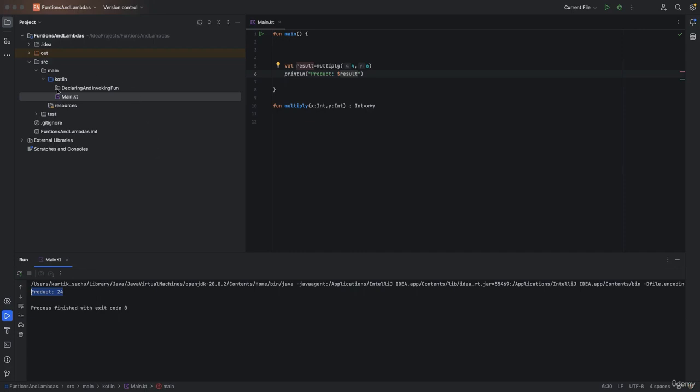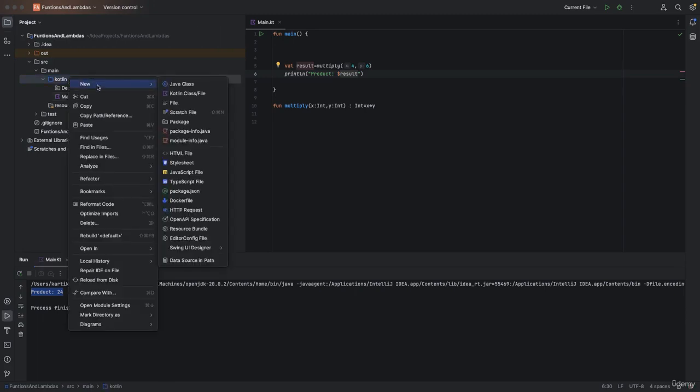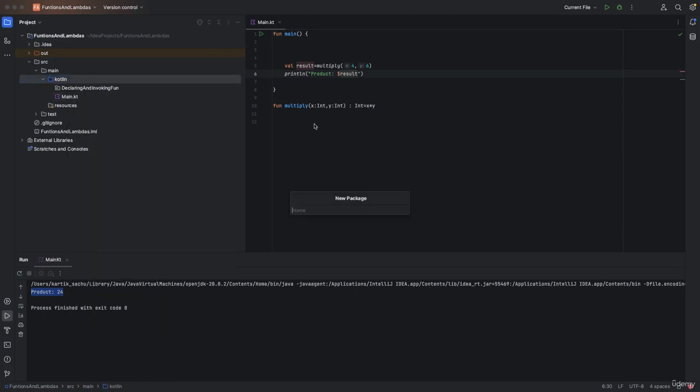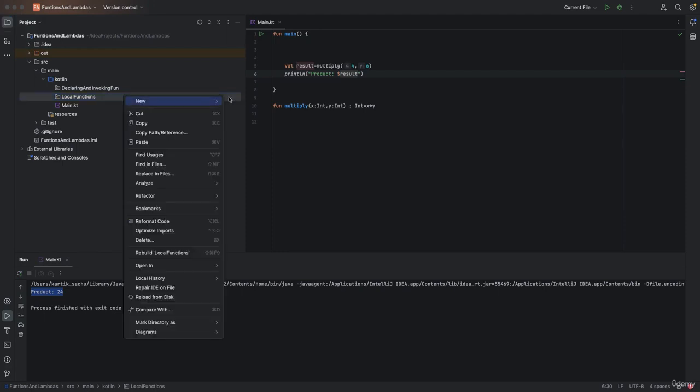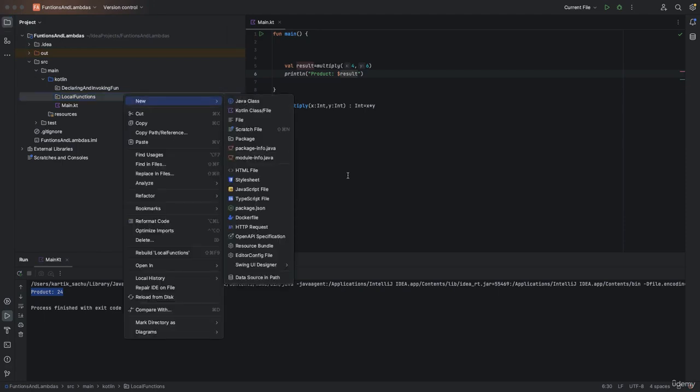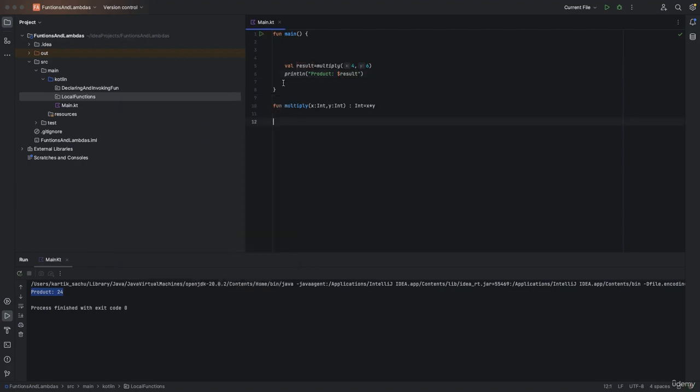So what I'm going to do is just create a new package, name it local functions. Under this package, we need to create a function, so I don't think we need to create a package. Okay, in the main, just remove the code from the previous lectures. Over here I'm gonna say